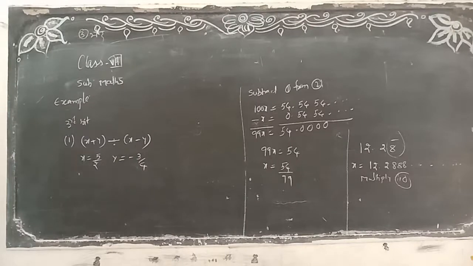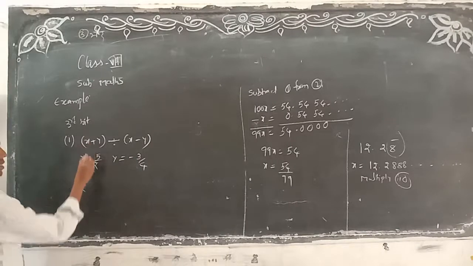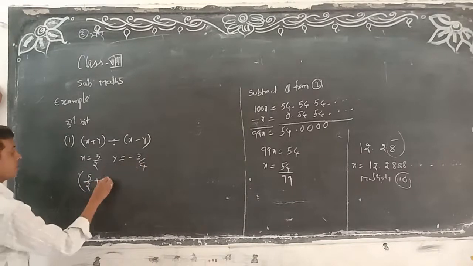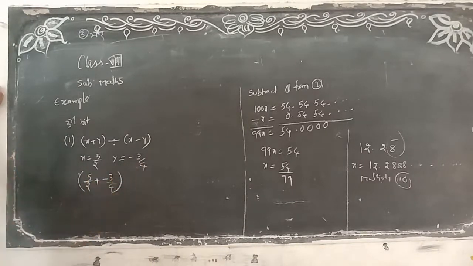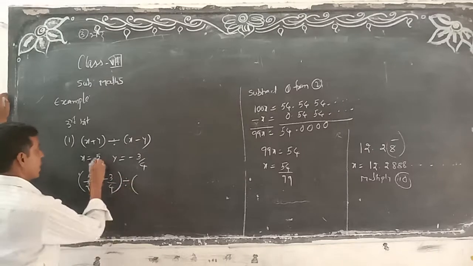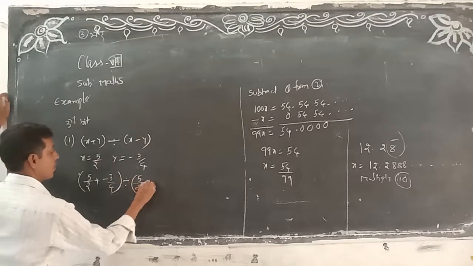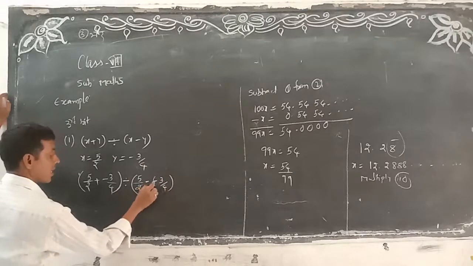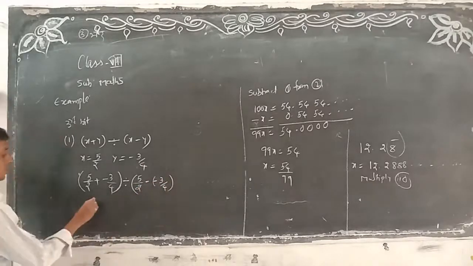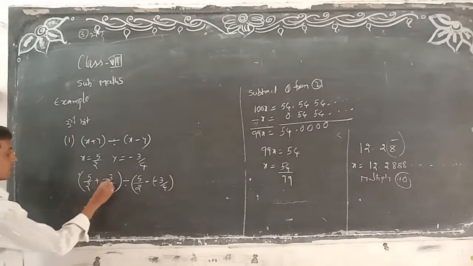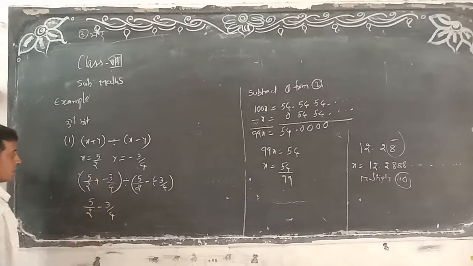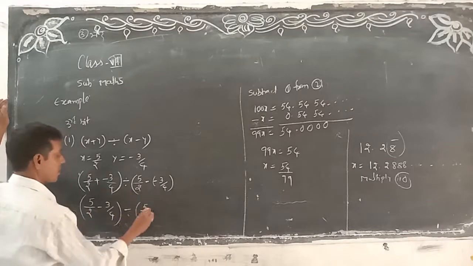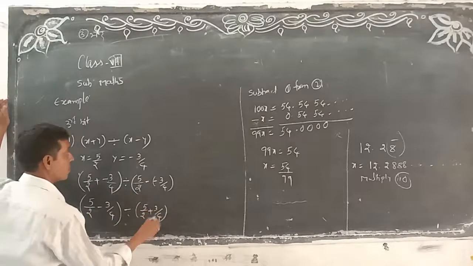Okay, look here. Write down here 5 by 2 plus y value, what here? Minus 3 by 4. Okay, next, divide, x value, what here? 5 by 2 minus y value, what here? Minus of 3 by 4. Both are minus, we have to keep the bracket. So 5 by 2, next plus of minus, minus 3 by 4, keep in the bracket, divided by 5 by 2 minus minus plus 3 by 4.